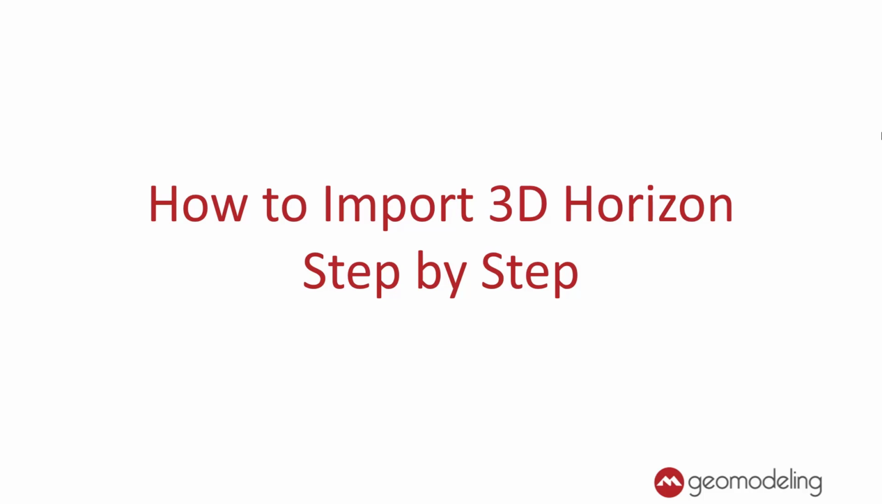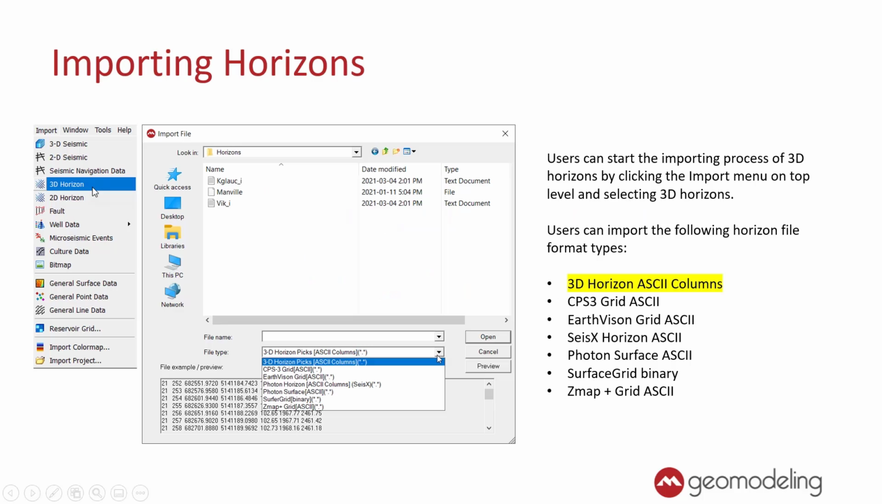Hello everyone, in this video you will learn how to import 3D horizon step by step into Geomodeling software. All products in Geomodeling share the same database and same UI of data importing and exporting. In Geomodeling software, user can start the importing process of 3D horizon by clicking the Import menu on top level